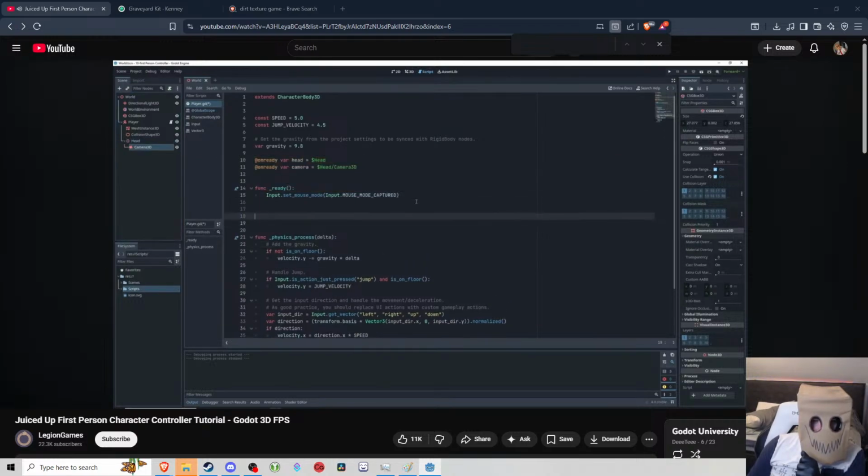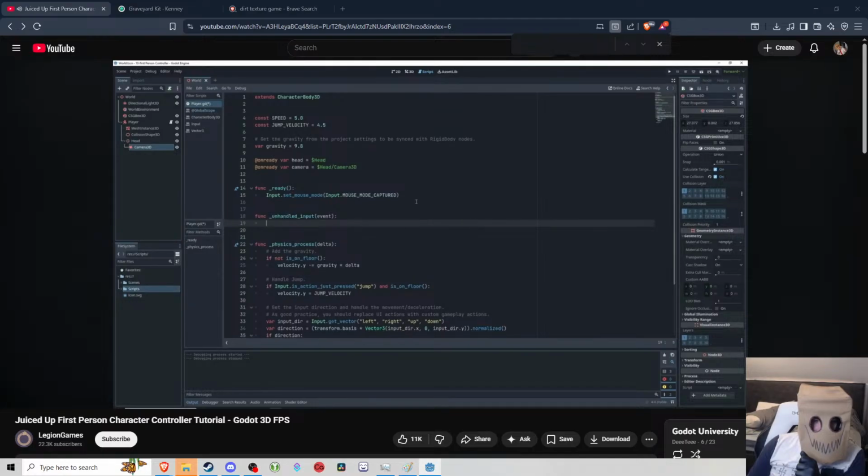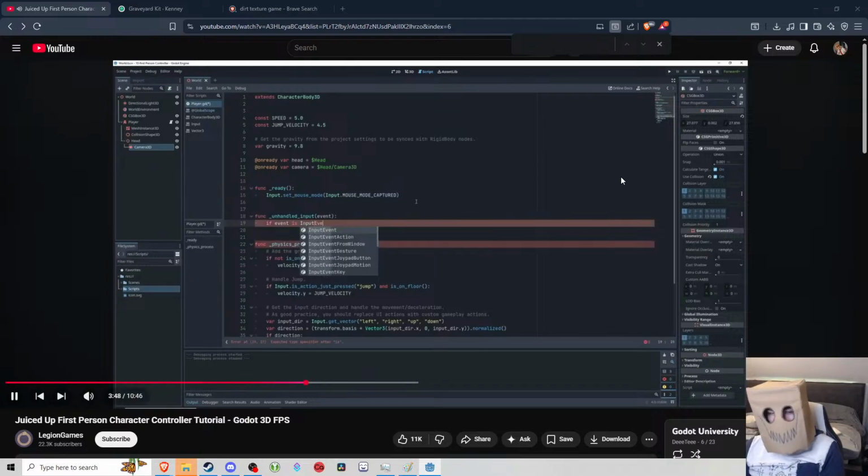Next, to actually rotate the camera, we use the unhandled input function, which is called every time a player does anything, like press a button or move the mouse. We are looking